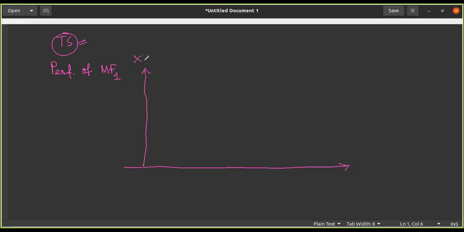Let's say the y-axis is the XIRR, and the x-axis is given in terms of months. Each and every tick on the x-axis represents 1 month. Let's say this is January, February, and then comes 1 year, and then there will be the next year, and so on and so forth. And total, let's say I have 3 to 4 years of data. What if I see a performance which is something like this?